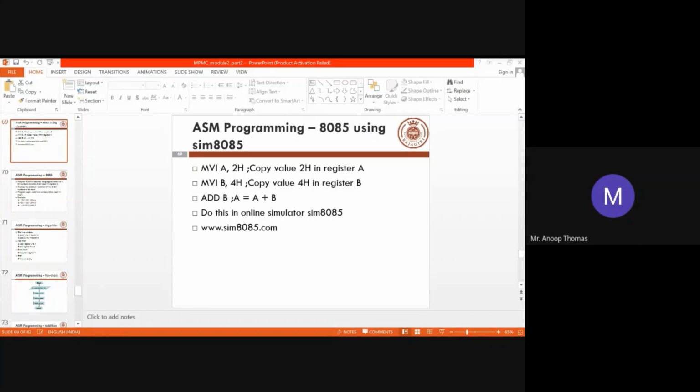Then, once you have run this particular code, see what is there inside the assembler output. Somebody who has done it can type the output in the chat window.